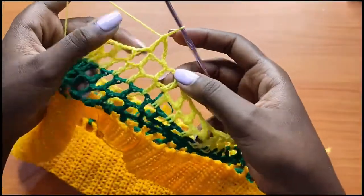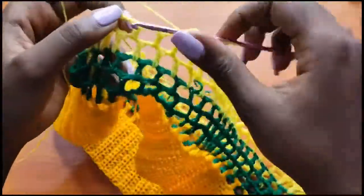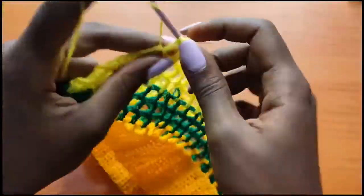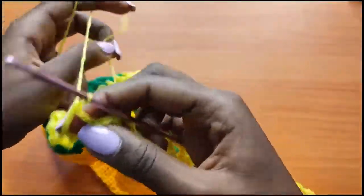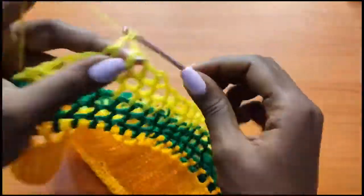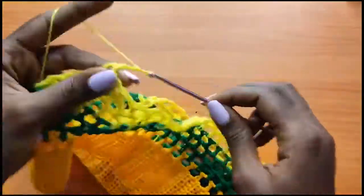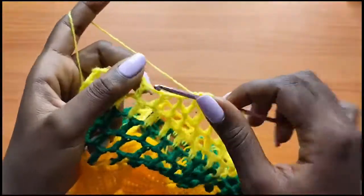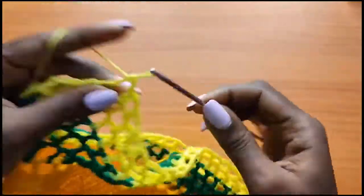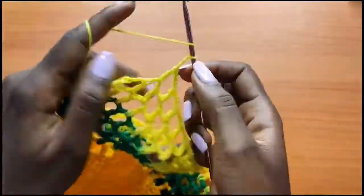So I'm on my 3rd row of yellow, and this yellow has to have 5 rows. So the next thing that I'm going to do is to go all the way around with 1 double crochet into each space with a chain 3 after. So chain 3, 1 double crochet, chain 3, 1 double crochet into the next space, chain 3, 1 double crochet into the next space. We're going to repeat that all the way around, keeping in mind that we are no